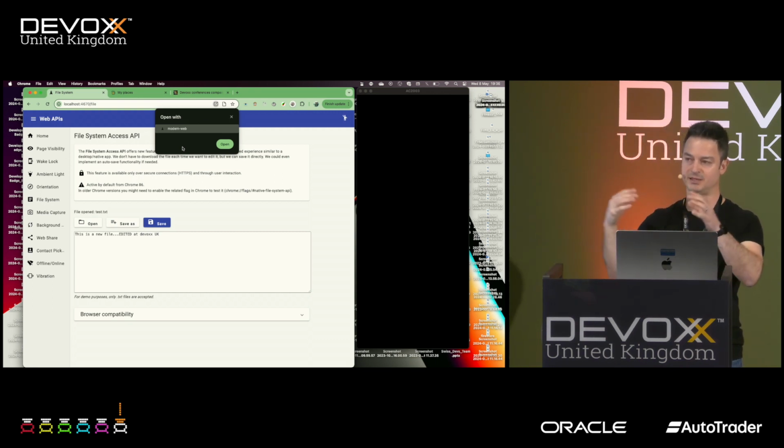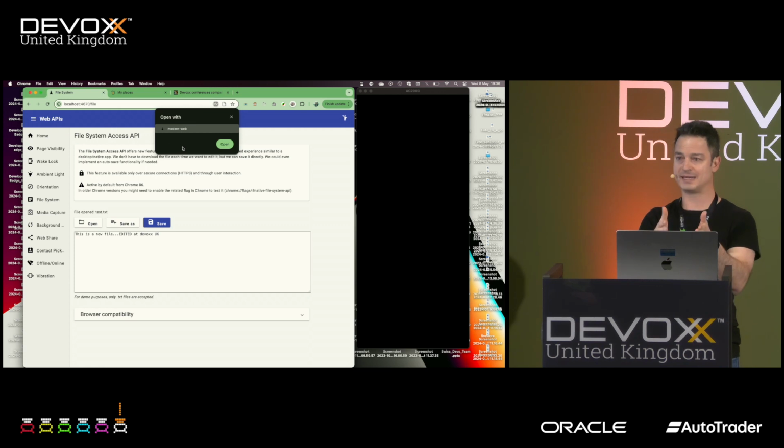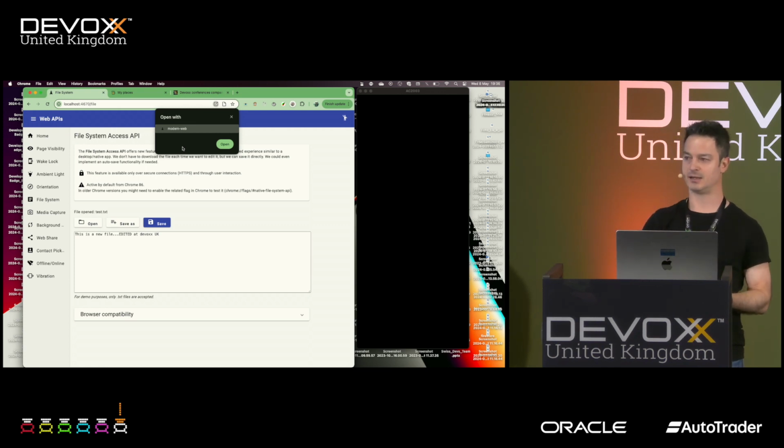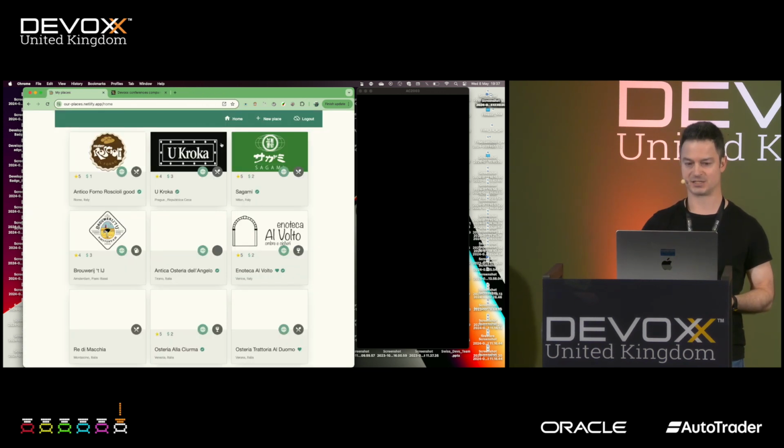So if the URL is within the scope of our application, it does not open Chrome, it will open as if it were a native app. So in this case, yes, open it.